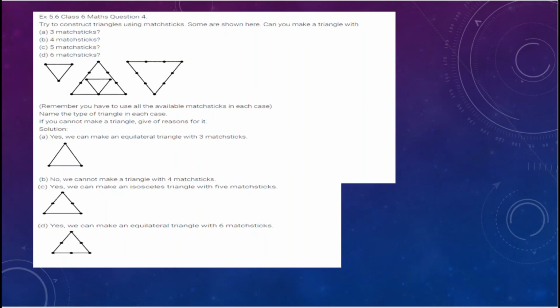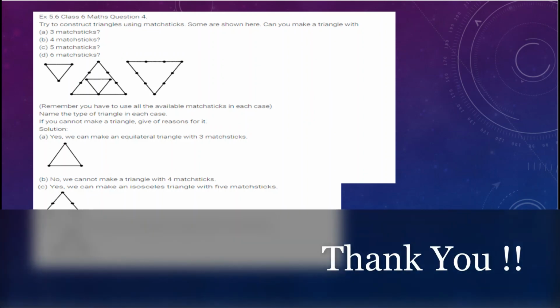Then the fourth question is to construct a triangle using matchsticks. Yes, we can make an equilateral triangle using 3 matchsticks, as you can see the figure has been drawn, but using 4 matchsticks we cannot make a triangle. C part: if we have 5 matchsticks, we can form a triangle which will be an isosceles triangle, and D part: with 6 matchsticks we can make an equilateral triangle. So that's all with